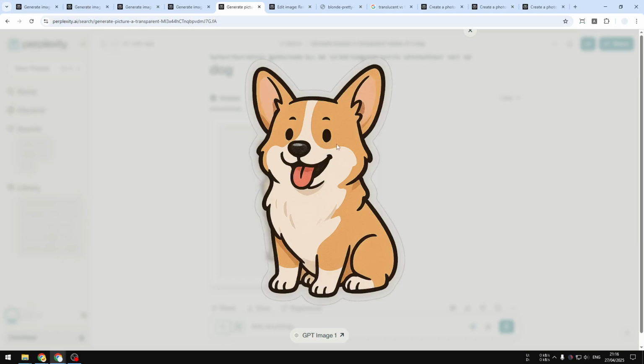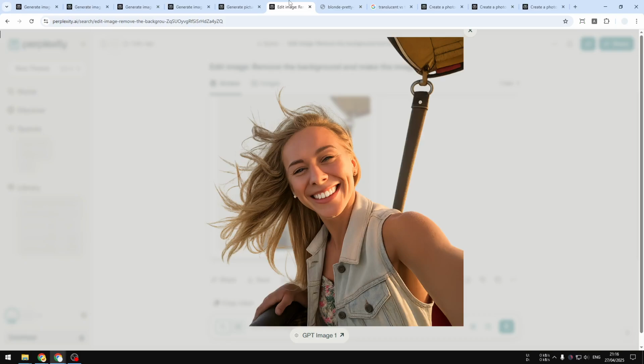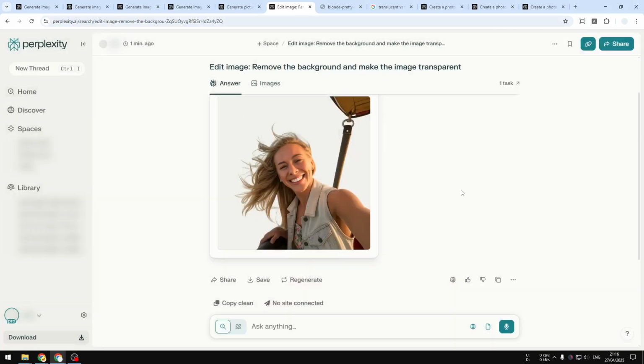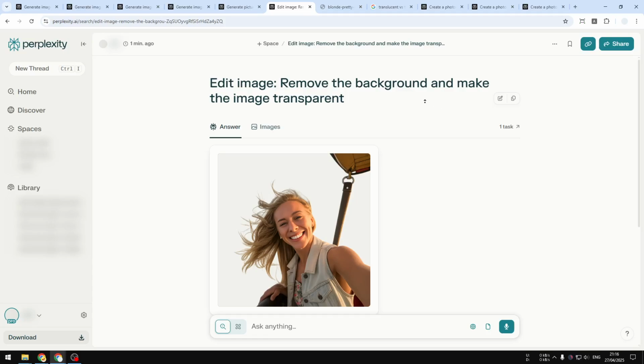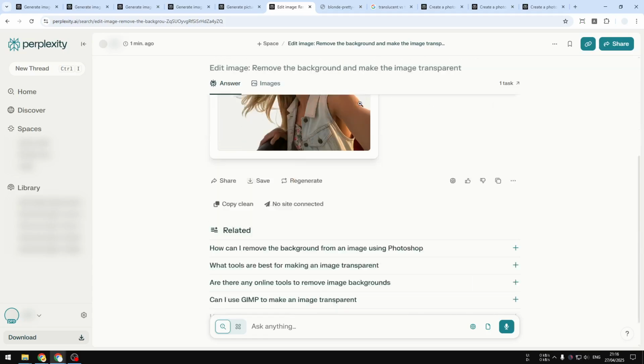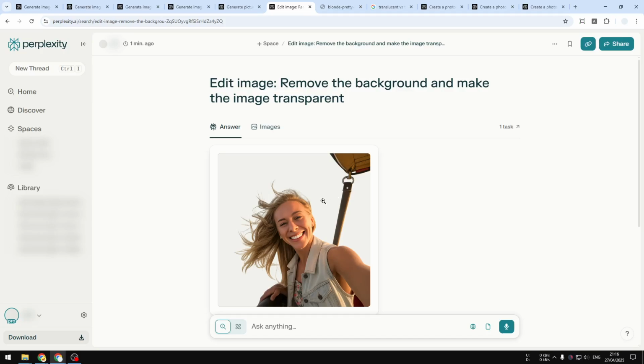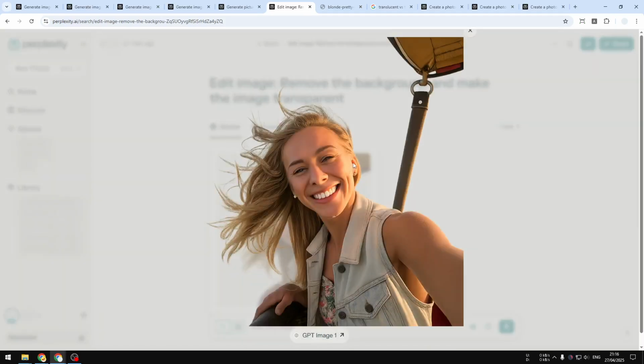Now, previously I mentioned editing or making a picture transparent. That is possible, but that's not great. Only use it if you are okay with the downgraded quality. So this is one example where I asked Perplexity GPT Image 1 to remove the background of this picture and then make the picture transparent. And you know, it does the job fine, but